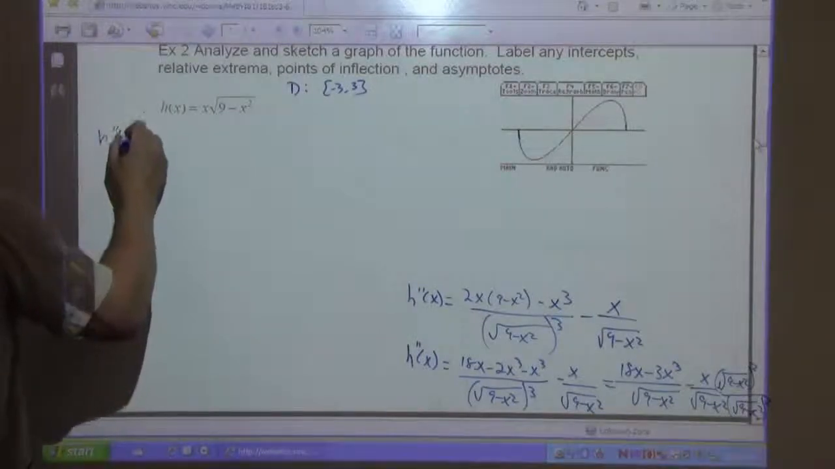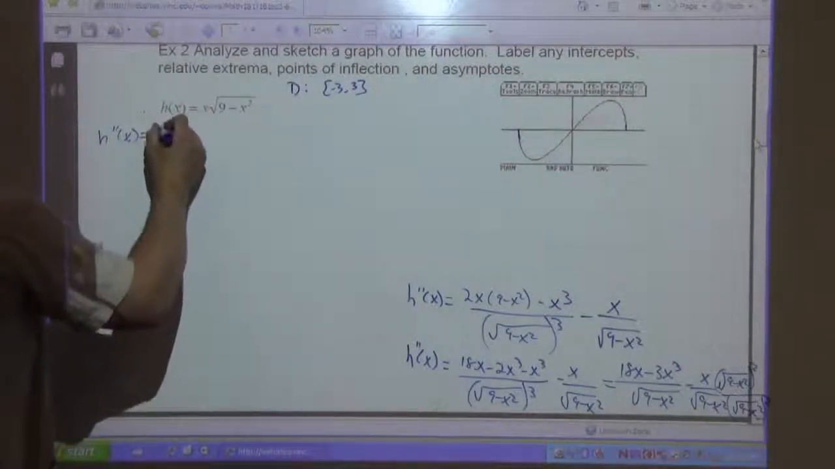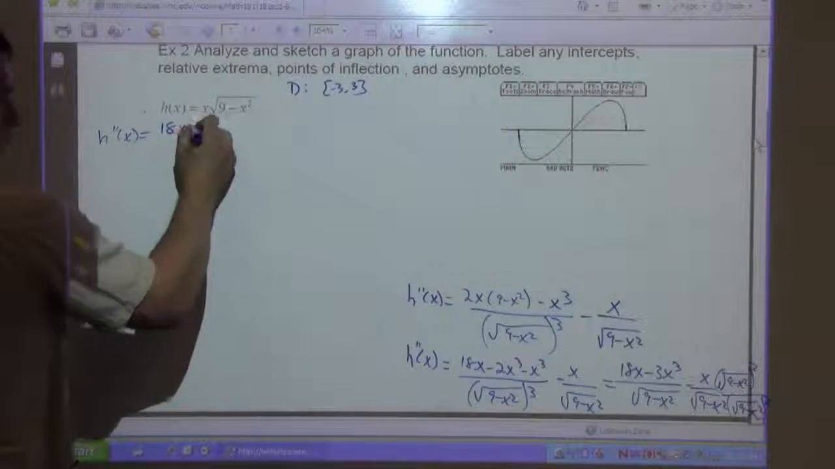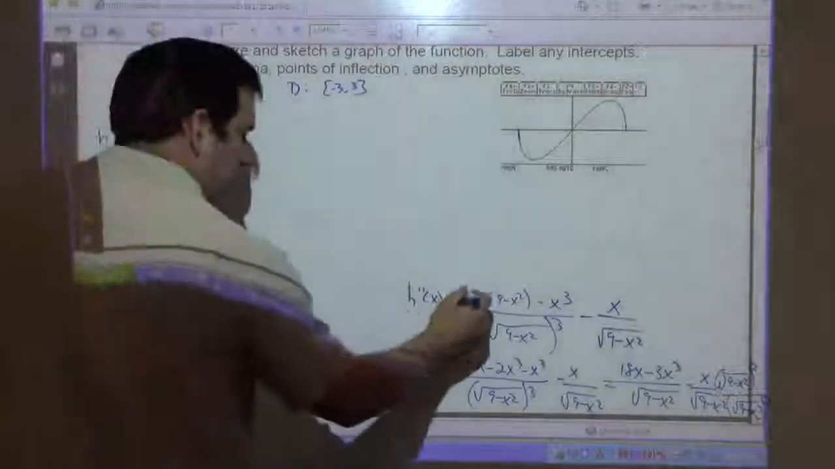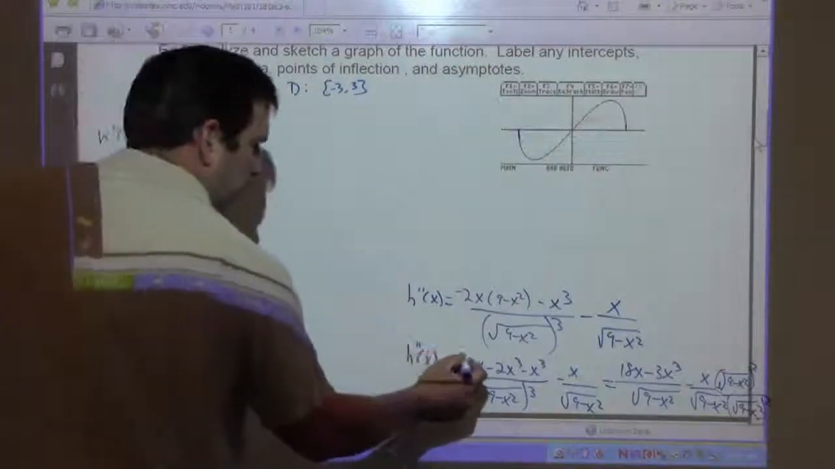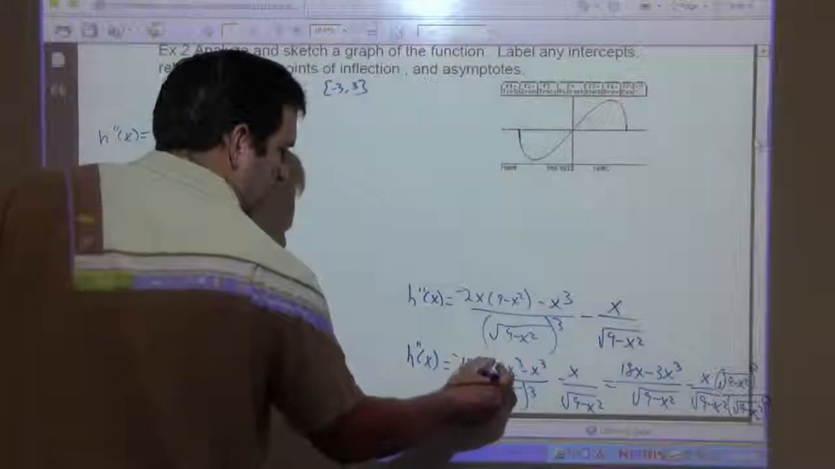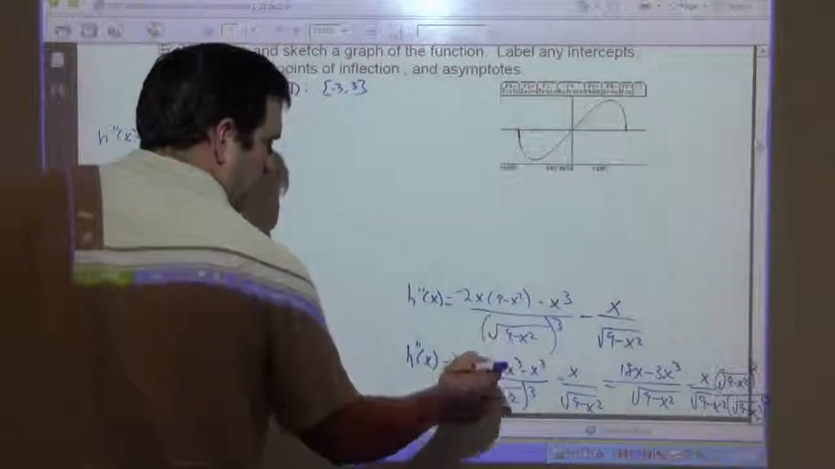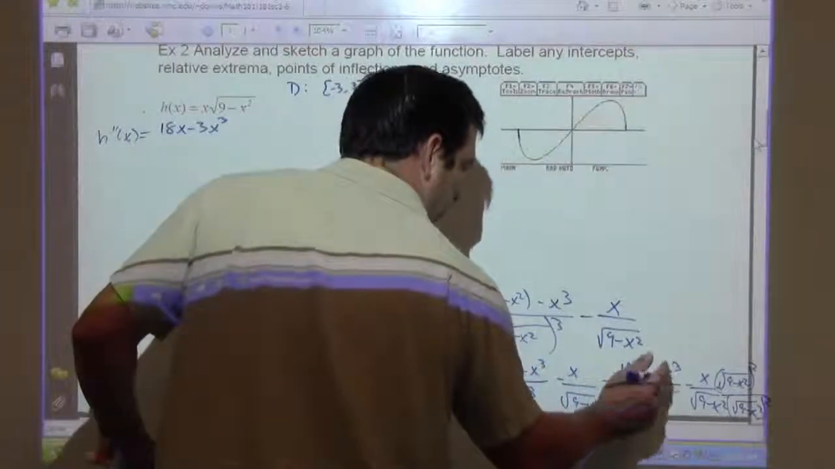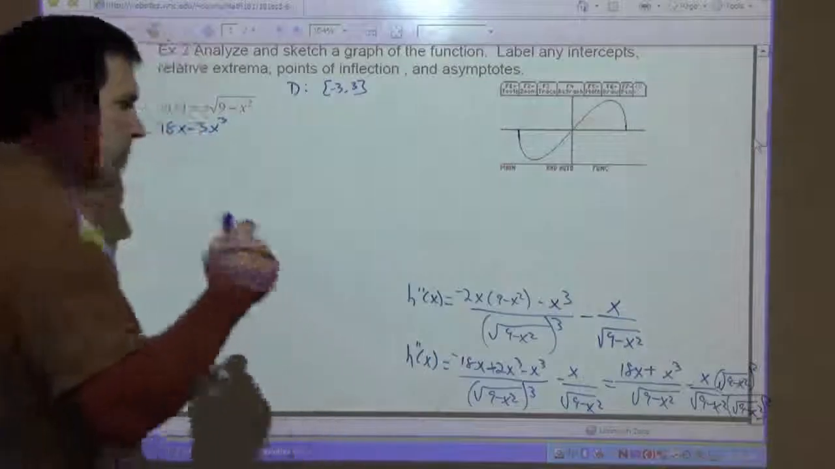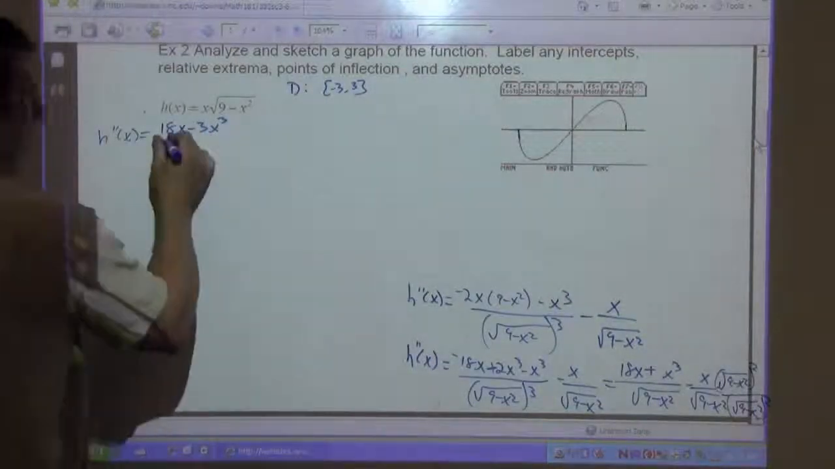So h double prime of x is going to be 18x minus 3x cubed. And this should have been a negative here, so that makes this a negative 18 and plus. Oh, that changes things, doesn't it? That changes things a lot. That makes this just 2 plus x cubed. Okay. Over